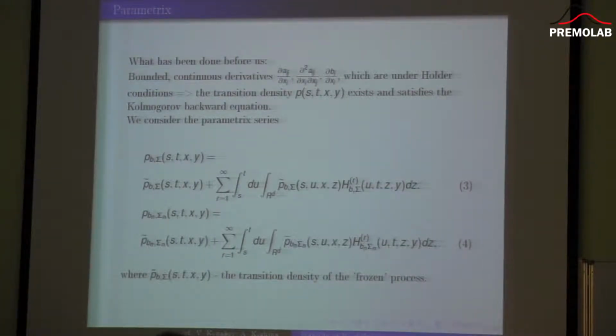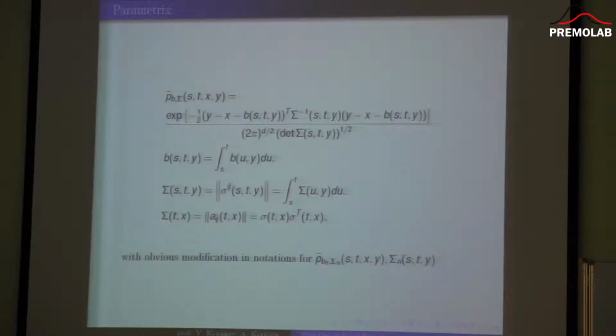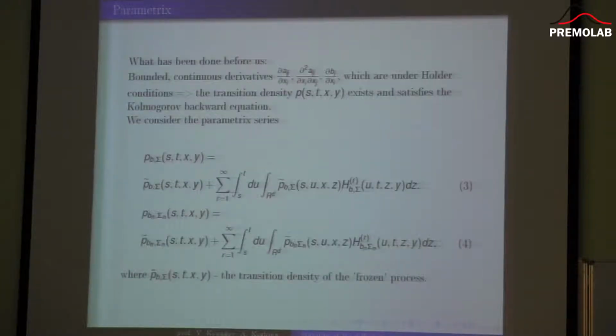So I don't want to go deeper into the details of how to prove the possibility of expanding into a parametrix series in the case without smoothness assumptions. But in general, we should try this precise representation as if we know that it could be done, and after that prove that it's the density of the process. Maybe I will pay a little attention to this question later. And yes, we've written the parametrix